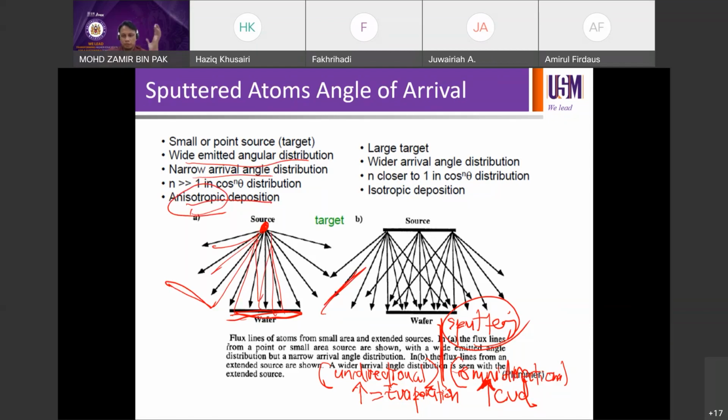That means the way you mount your wafers cannot be too wide, because sputtering's omnidirectionality or unidirectionality is always in the middle. So you have to sputter and see what you get. If you have a large target, for example, the sputtering can happen from multiple points, so that can ensure a wider angle of arrival, compared to just a small sputter target. That can ensure a more isotropic deposition, or it is more uniform across wafers, across